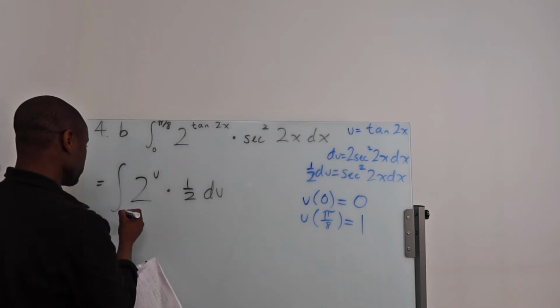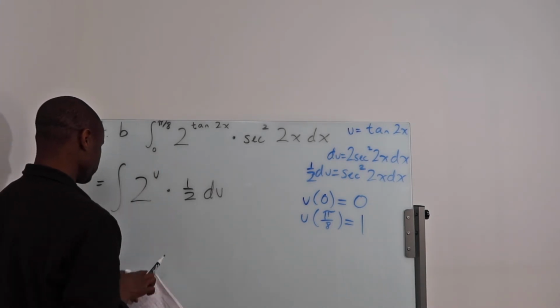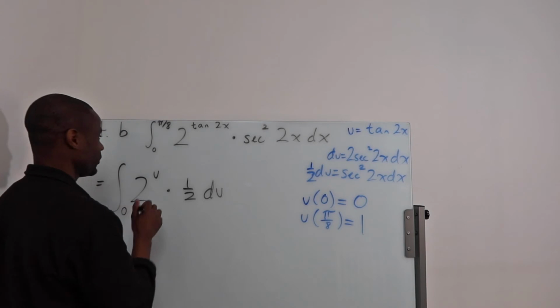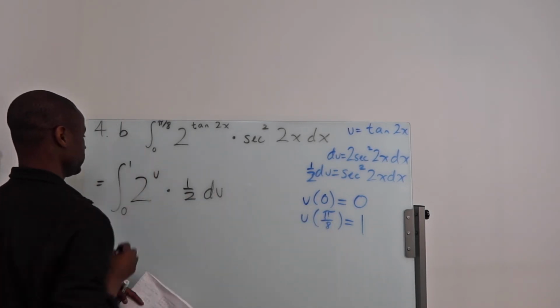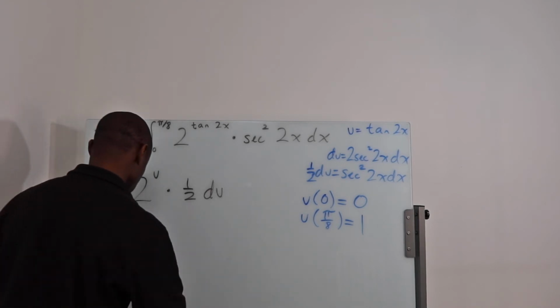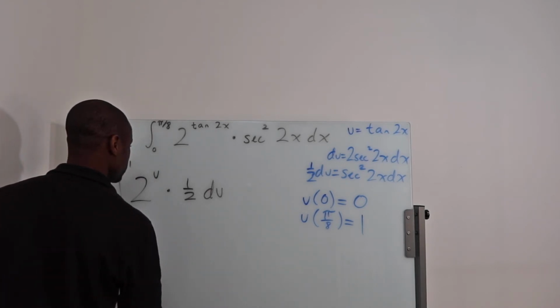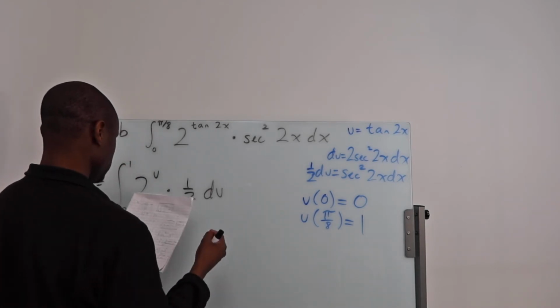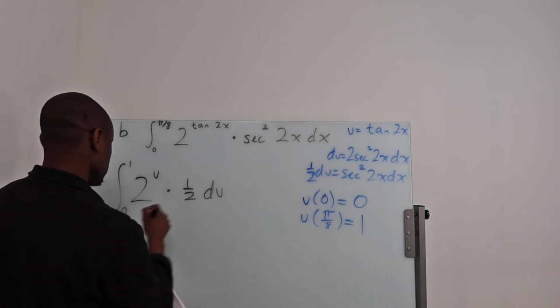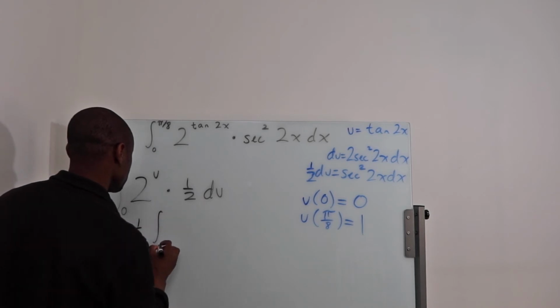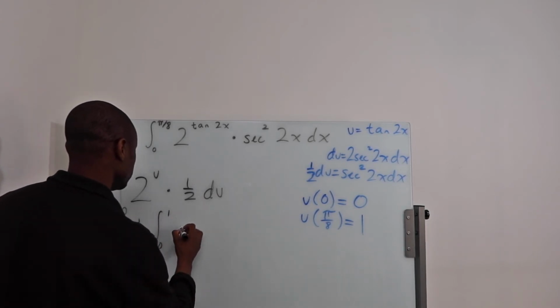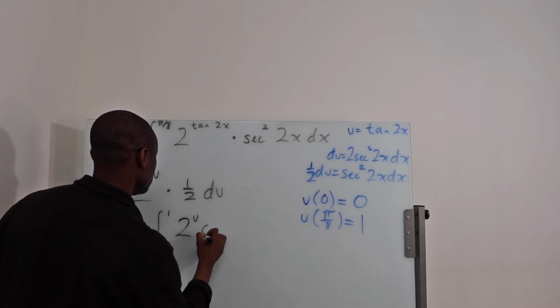In place of 0, I still have 0. In place of pi over 8, I have 1. So that's what we need to integrate now. These are our limits. Let's figure out what this is. This is a constant, so let's bring that out. We have 1/2 times the integral from 0 to 1 of 2 to the u du